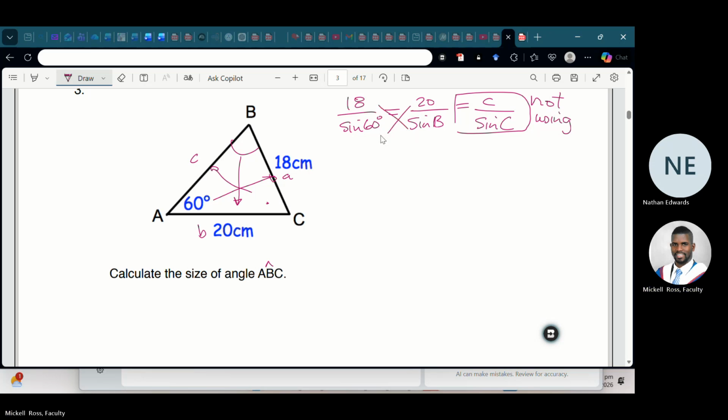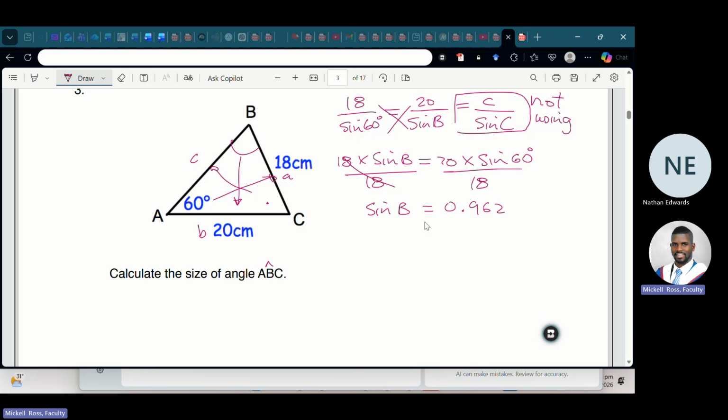So we're going to have 18 times the sine of B, which is going to be equal to 20 times the sine of 60. Divide by 18, divide by 18. So sine of B is going to be equal to 20 times sine 60, divide by 18. So we end up with